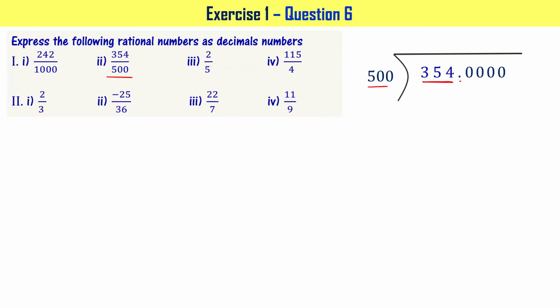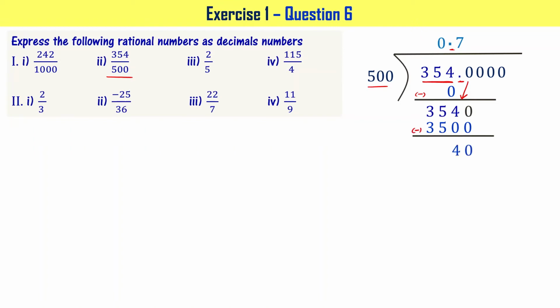For example, if you have 3540 before the dot, we may consider all that, right? So 0 times 500 is 0. When you subtract it, the answer you get is 354, right? Now look at this dot. So we have to put a dot in the quotient also. Let me put that. Then bring this 0 down. When I do that, the number I have is 3540, right? So 7 times 500 is 3500. So subtract that from 3540. So the answer you have is 40.